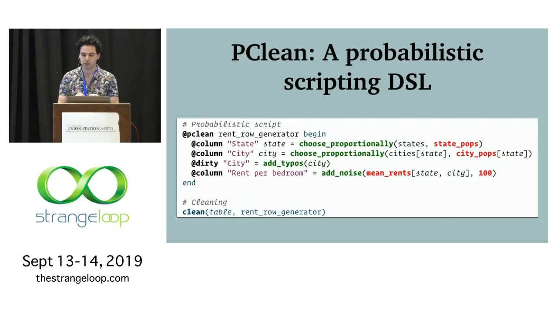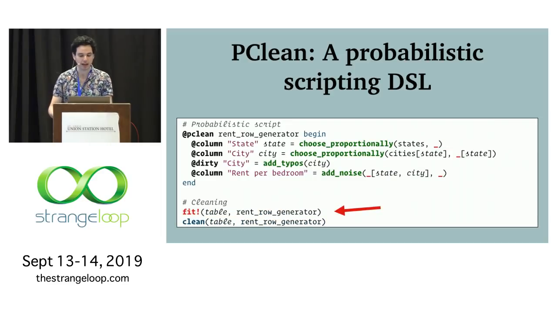So it might be unfair to expect a computer to solve this task without that lifelong experience, but if we can't solve the problem, that's sort of fatal for this approach, because many domains don't have government data sets telling us exactly how likely different values of the columns are. So in Pclean, we allow users to replace those parameters with underscores, and then call this fit function to learn the parameters from the messy data table itself.